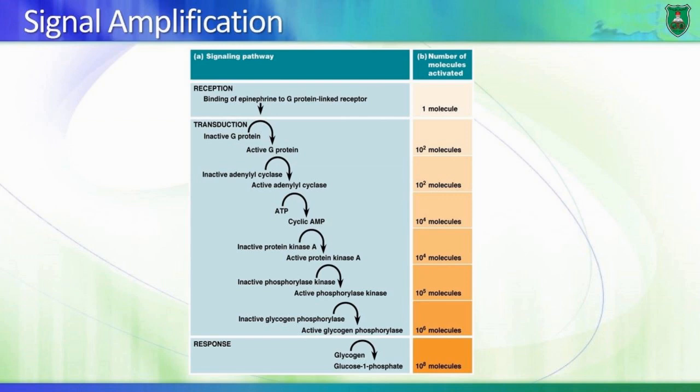This one receptor can activate multiple G proteins. And these multiple G proteins, each one of them would activate a single adenylate cyclase. Now, each adenylate cyclase can produce thousands of cyclic AMP molecules. These cyclic AMP molecules, each one of them would bind to the protein kinase A, so there's no amplification here, dissociating the catalytic subunit, and protein kinase A can phosphorylate many proteins,